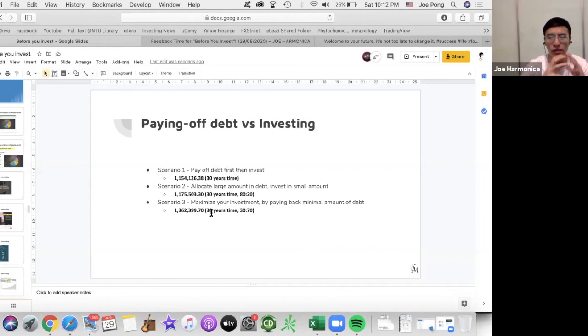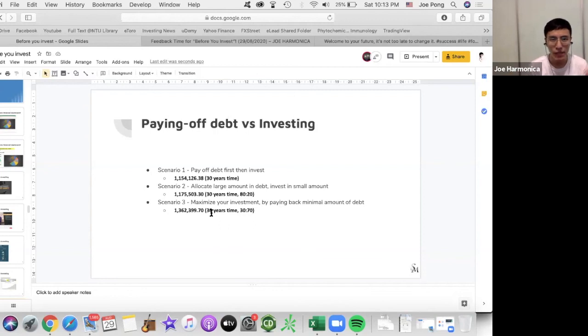If you maximize your investment, on the other hand, and you pay the minimum amount of debt, right here we have $1.36 million in 30 years of time. So simply by maximizing the amount you invest to generate higher interest in the long run, you actually generate close to 200K more in profits. So the take-home message here,